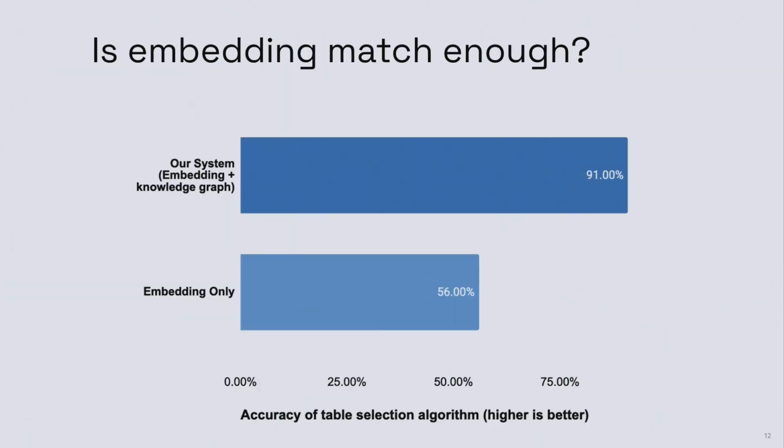But this part is tricky. The most straightforward way to build this system is using embedding. You can take all your table schema information. You can take even your column level information. You can embed individual items, and you can use embedding to match and find the top 20, top 30, or whatever number to send to the large language model. But this approach is not enough.